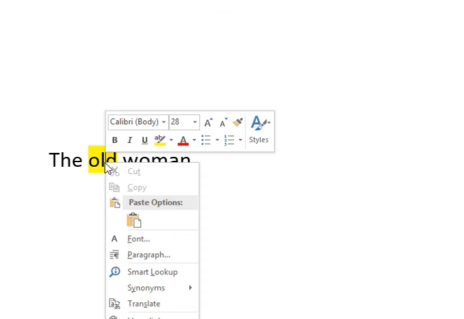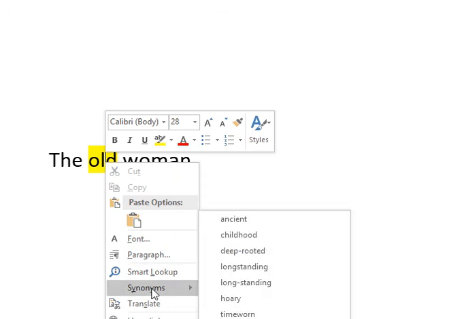Last one. A really simple sentence in front of you, quite literally, the old woman. What often happens when I read a piece of work is that a student goes, doesn't sound smart enough. How can I make that sound better? So everybody knows the trick that you right click it, you run your way down to synonyms, and you immediately go, let's look for the one that sounds so much better. Let's go deep-rooted. Does the deep-rooted woman mean the same as the old woman?